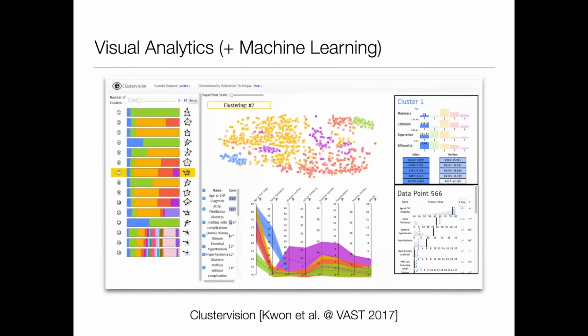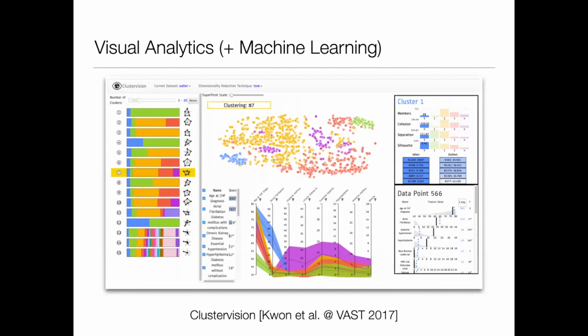This is from a very interesting paper, a technique called ClusterVision. It was published in 2017, so 3 years ago, not very long, but still relevant. And I like this example because when we're talking about visual analytics plus machine learning, it's a pretty good example, and it's available online. Later I can show you. Last time I checked, it was working. I'm not sure if it still is, but you can actually play with it online, and that's really interesting.